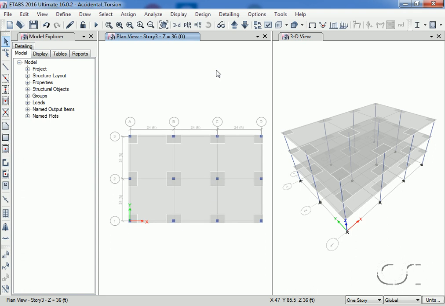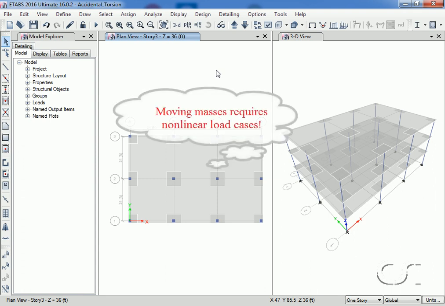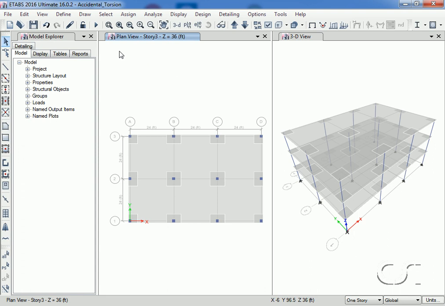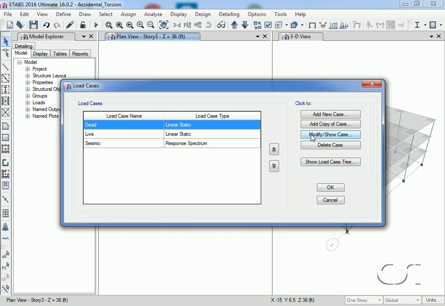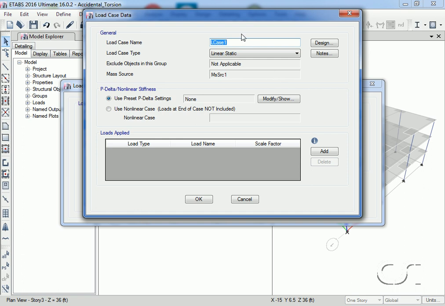The next step is required so that the response spectrum analysis can utilize multiple mass locations. Moving masses around is considered nonlinear behavior, and thus we are going to define several nonlinear static load cases. We go to the load cases command and create a new load case named plus y mass